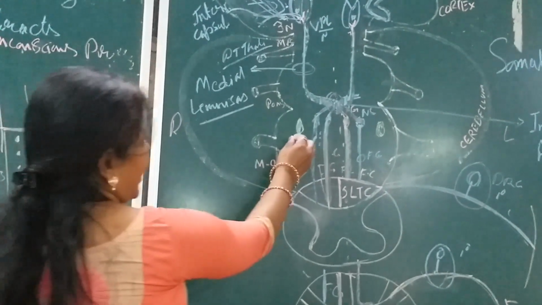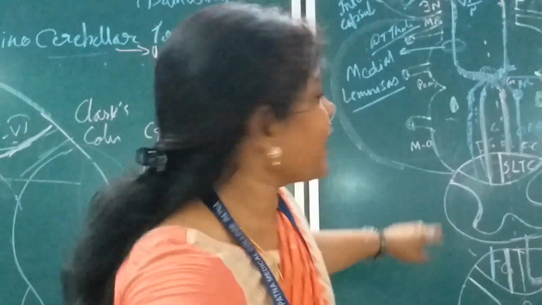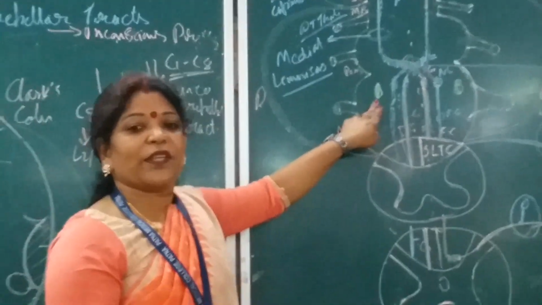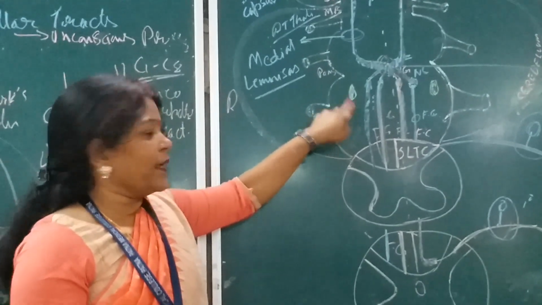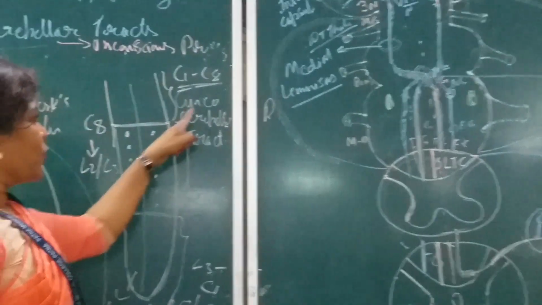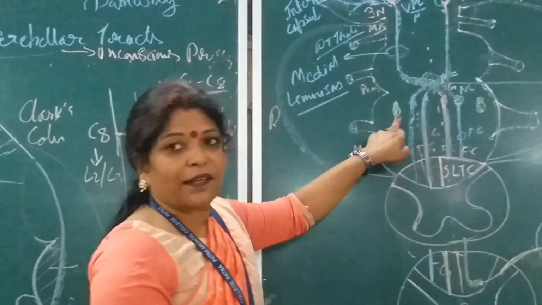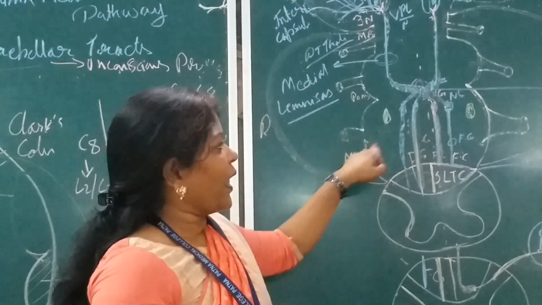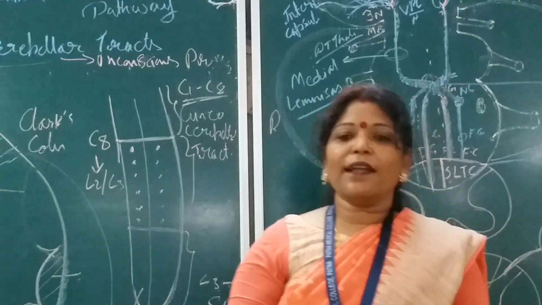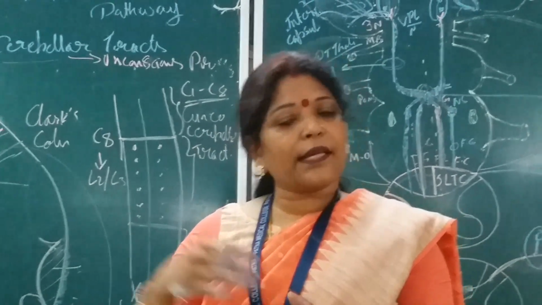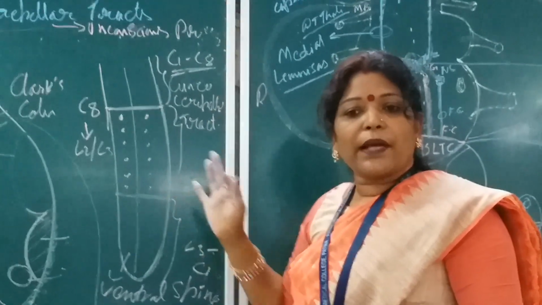Just lateral here, I have drawn one more nucleus for you all. In this diagram, this is the accessory cuneate nucleus. It is the accessory cuneate nucleus which will be involved in this cuneocerebellar tract. Once these tracts synapse here, they will go to the cerebellum and will be known as the external arcuate fibers. Isn't it? Internal arcuate, I am just giving the introduction. In the next class, we will discuss in detail all the spinocerebellar tracts.